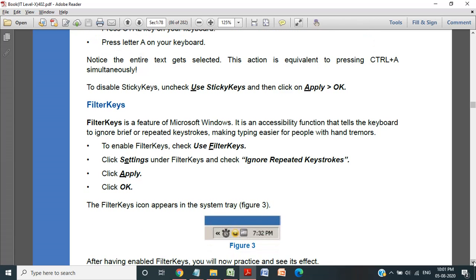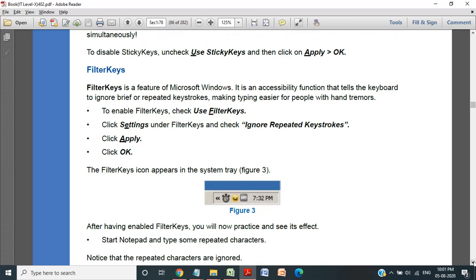Now the filter keys. Filter keys are basically a feature of Microsoft Windows. It is an accessibility option that tells the keyboard to ignore brief or repetitive keystrokes. Like if you are doing something repetitive again and again, the system does not generate an error. So filter keys is a feature in Microsoft Windows which instructs Windows to ignore any repetitive function being carried out,